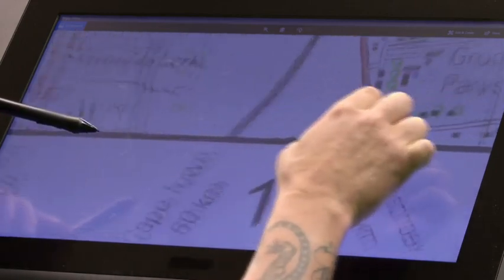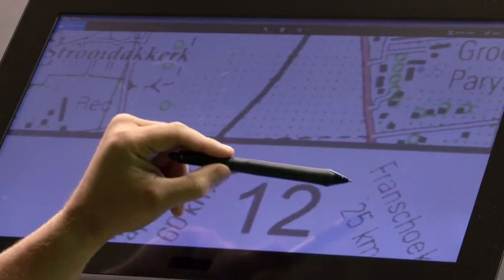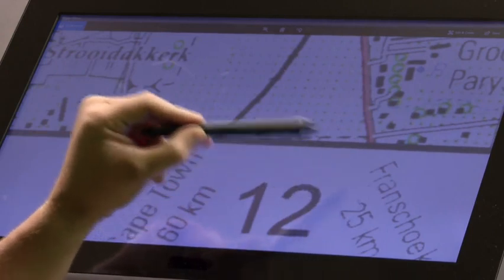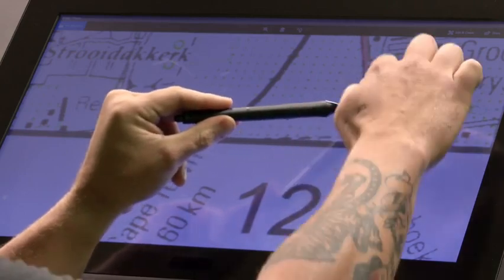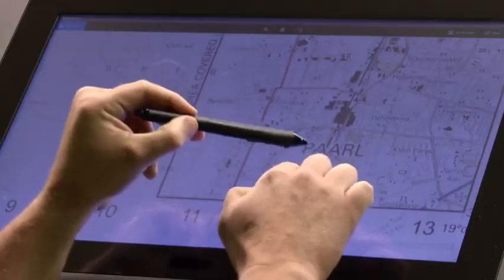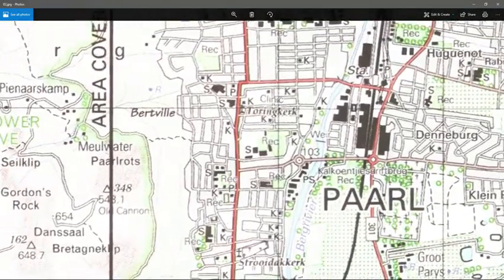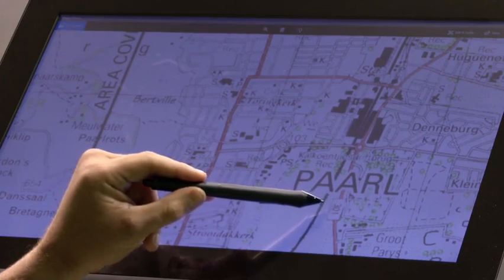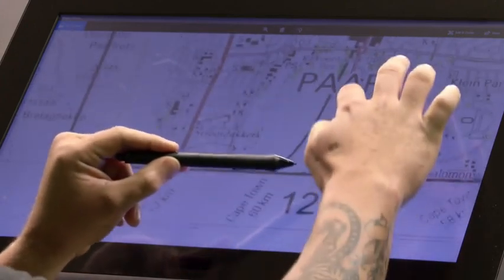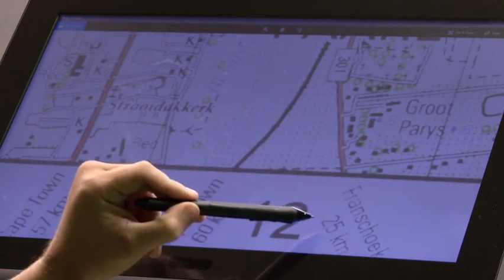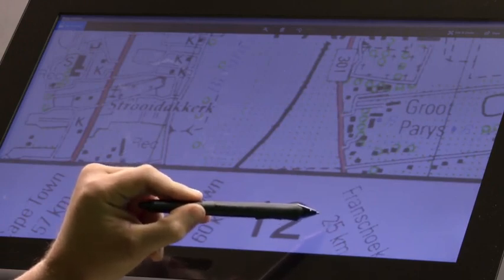And if you look at this road over here, it shows you it's close to Franschhoek, a small town just on the outskirts of Paarl. If you look over here, there you can see the main road, road 301, all the way to Franschhoek, and it indicates that Franschhoek is 25 kilometers away. If we go back to our notes,